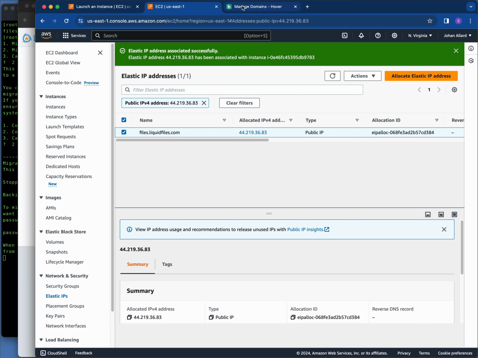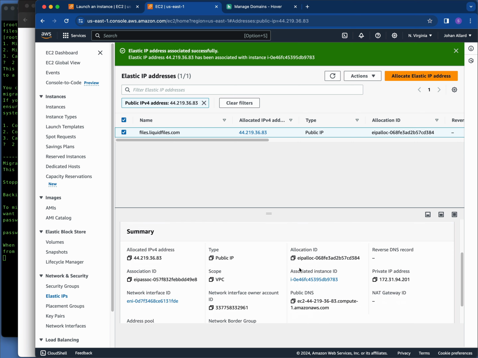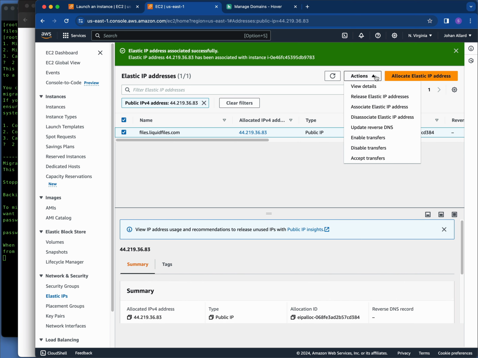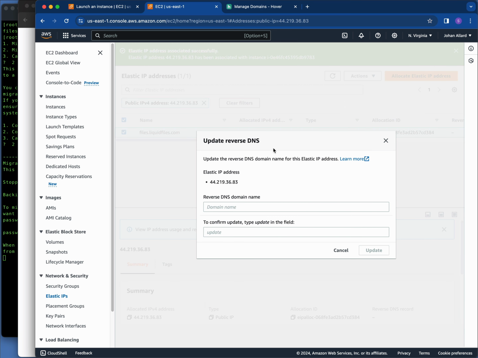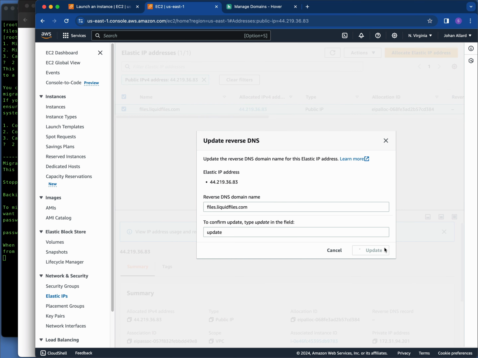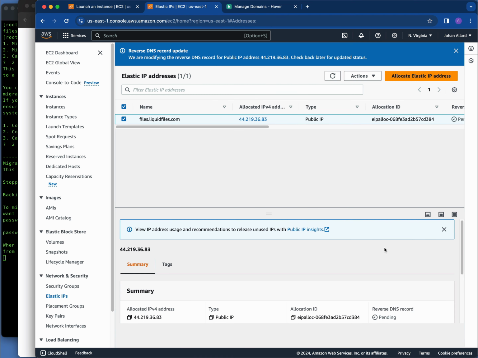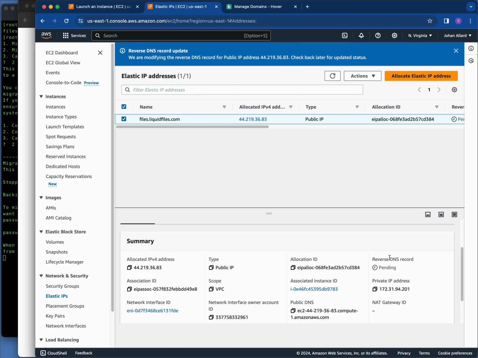Within 5 minutes we should see it. One thing that we are going to do for this is that we are going to update the reverse DNS. This is something we do now that this IP address has been set up, and again, this might not work because it hasn't waited for 5 minutes. But it did. So now it's validating that we have configured files.liquidfiles.com to point to this IP address,